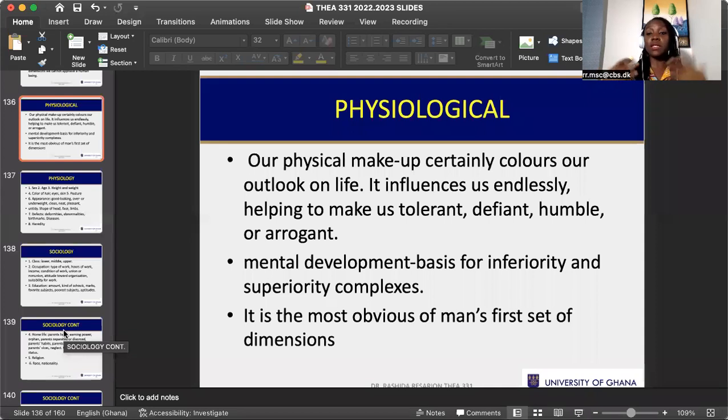And you can develop even inferiority complex or superiority complex, because you've been told, oh, you are so pretty. And then you develop a certain air of arrogance around you. Or you are told that, oh, you are not good looking. And then you have this inferiority complex in you. And the physical is the very first thing we encounter when we see somebody. Okay. And it is not a very good basis upon which to judge people, even though it is the first thing we encounter.